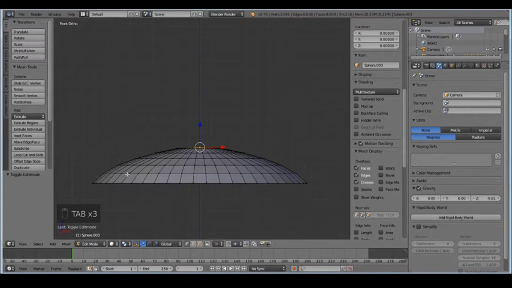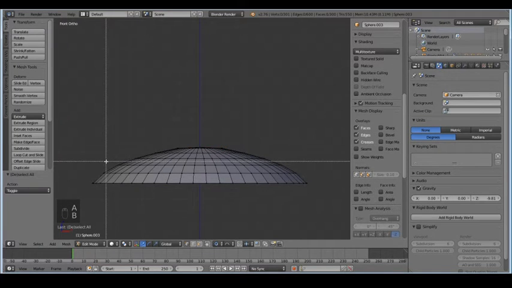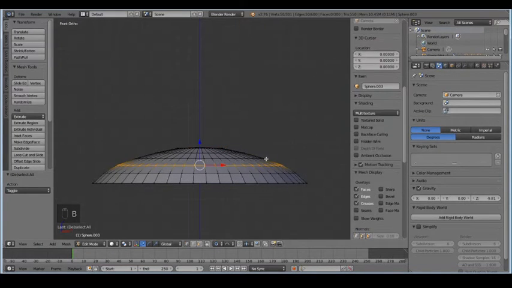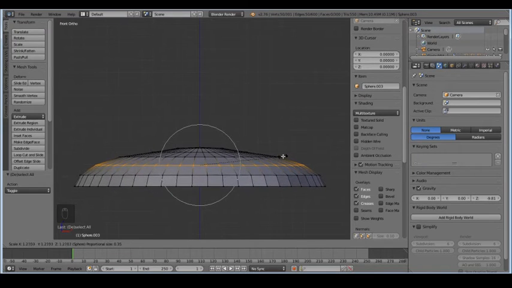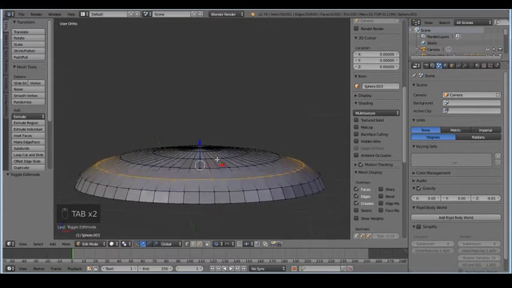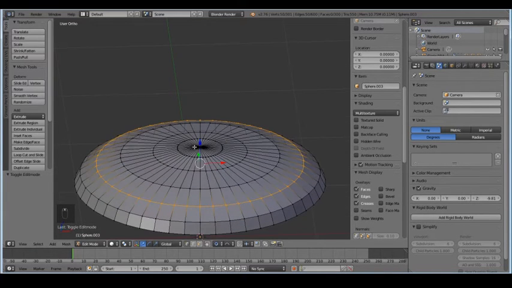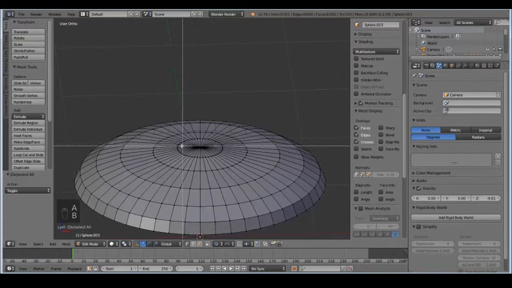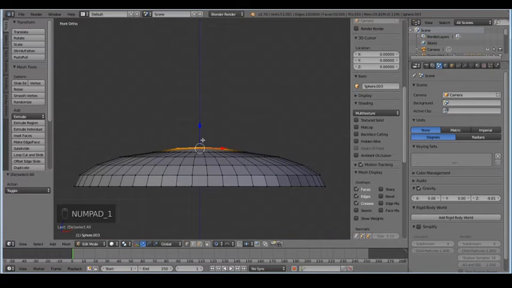Okay, and then we can re-enable that. Box select this one. I'm going to scale it out, but I'm just going to reduce this here just to give it some more shape. Okay, so that's basically the cage. We can maybe just bring this one up a bit, like so, and then